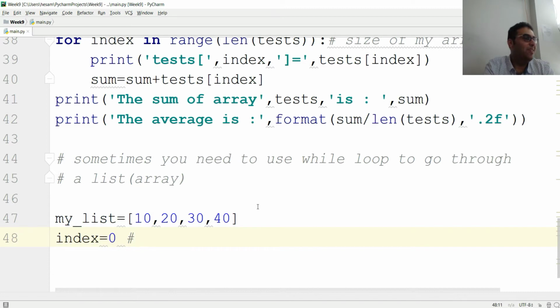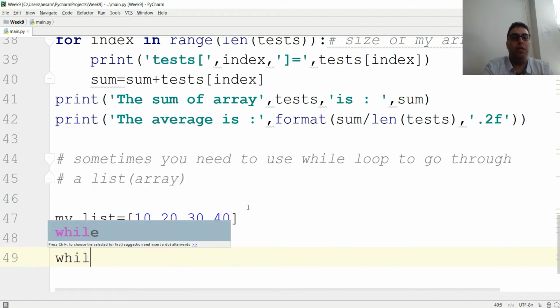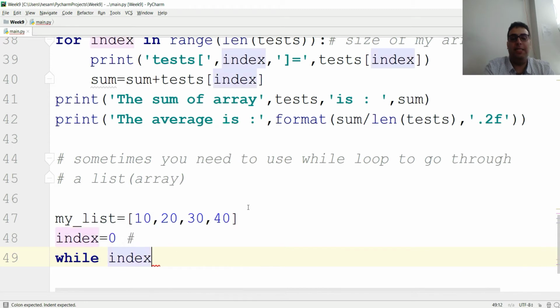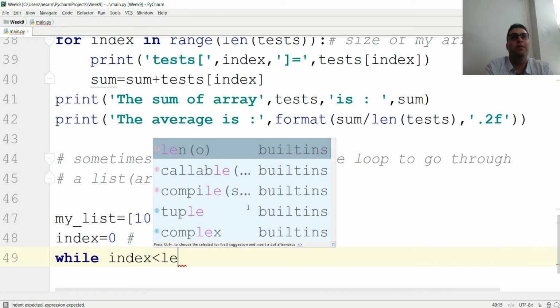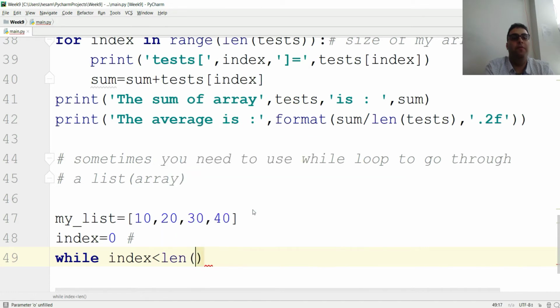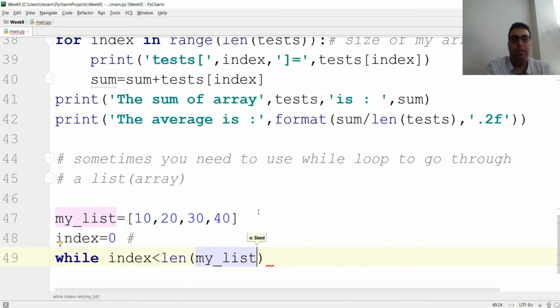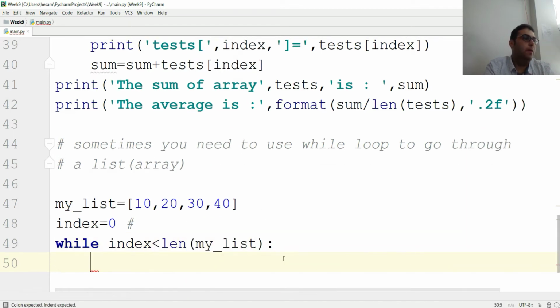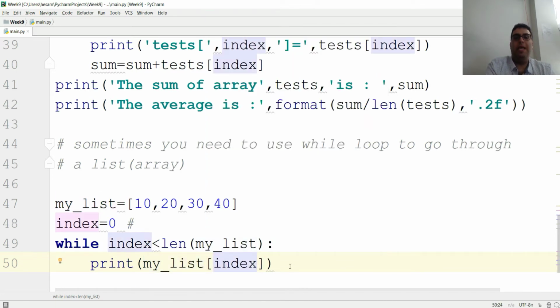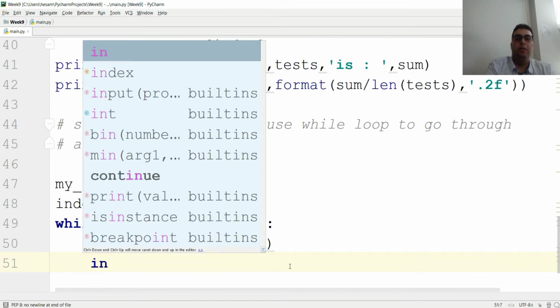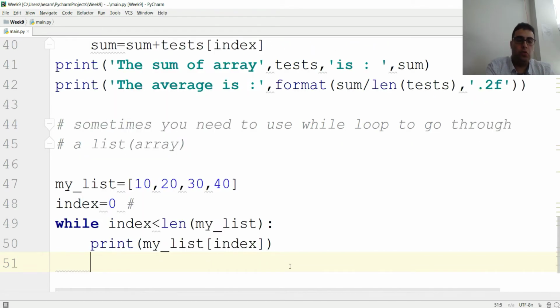It's running out, huh? So we're gonna do this. We're gonna say while the index is less than what? So anyone can guess? Length of my list, the exact same concept. You're doing it manually, basically. Do what? Print. And then you increment the index, right? So you're gonna go index,